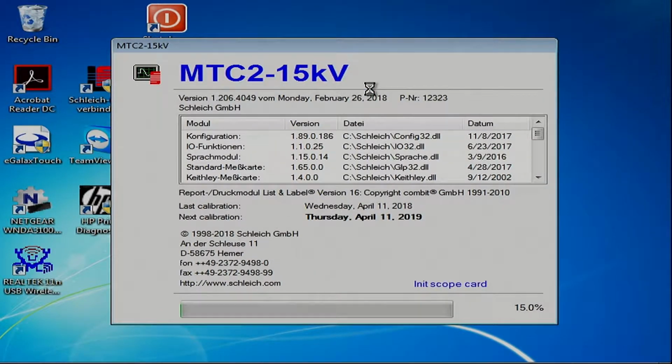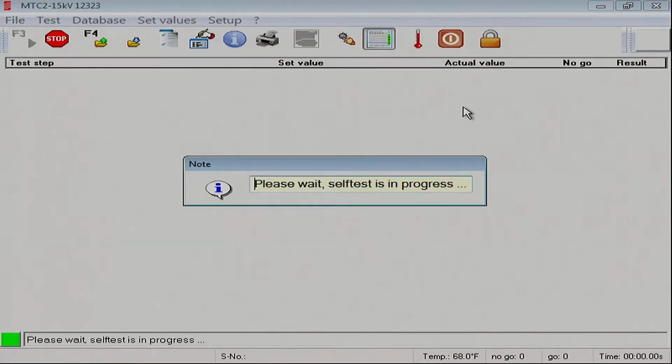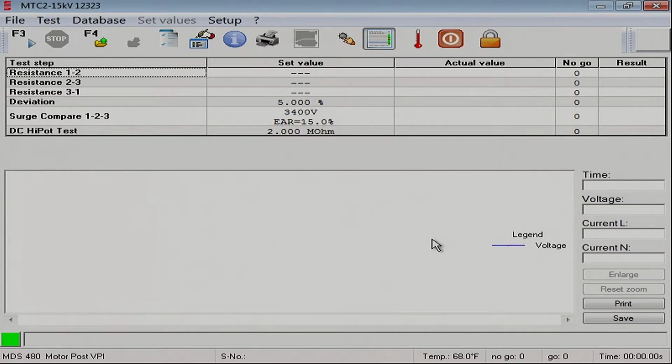We'll get a nice screen that shows key information on the tester. And there's our self-test. And finally, it asks us to see if our test leads are in good condition, and they are. It opens up the test plan that was there when we last shut it down. But what we're going to do today is make a completely new test plan and add the resistance test to